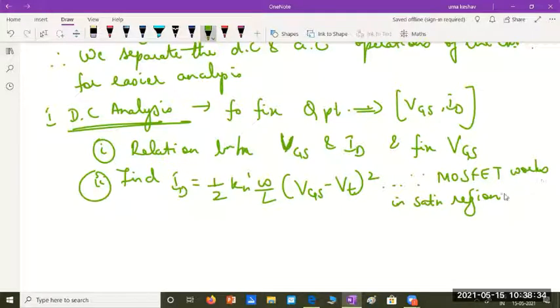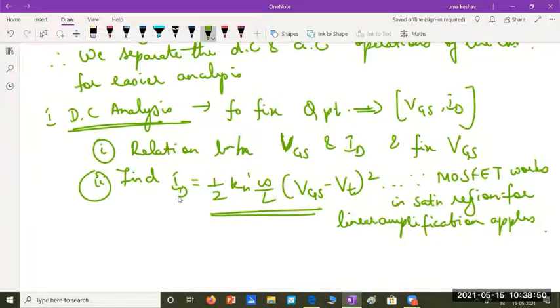The MOSFET works in the saturation region for linear amplification applications. So you can use this equation to relate ID with VGS, and in the last step apply KVL to